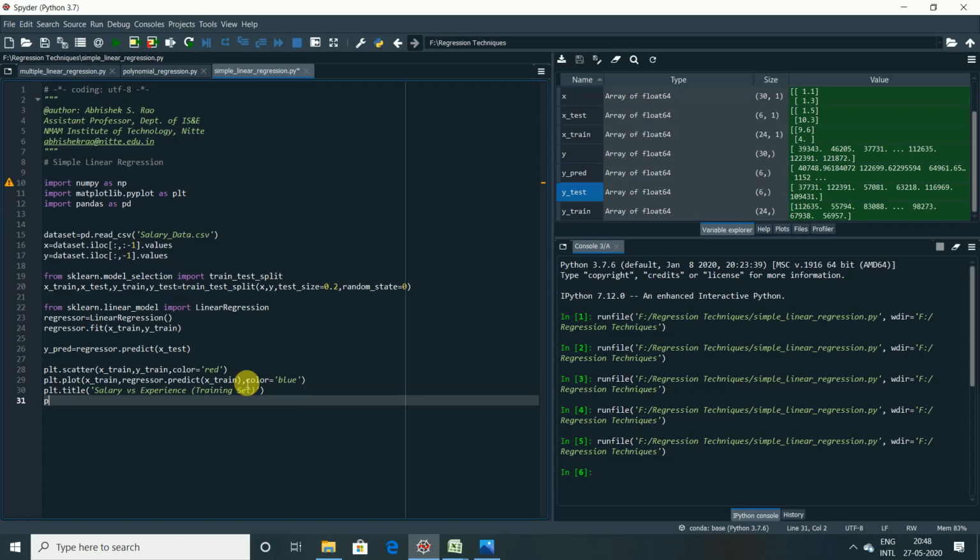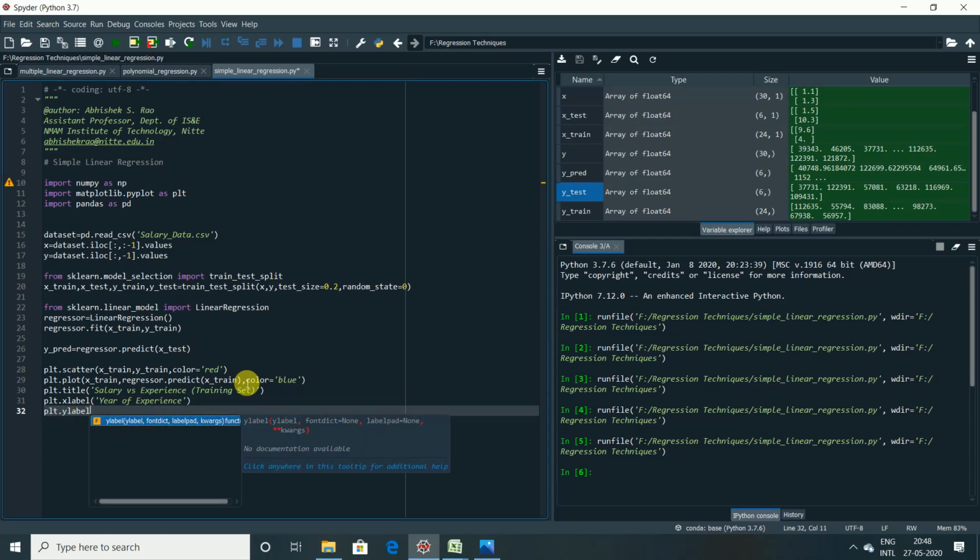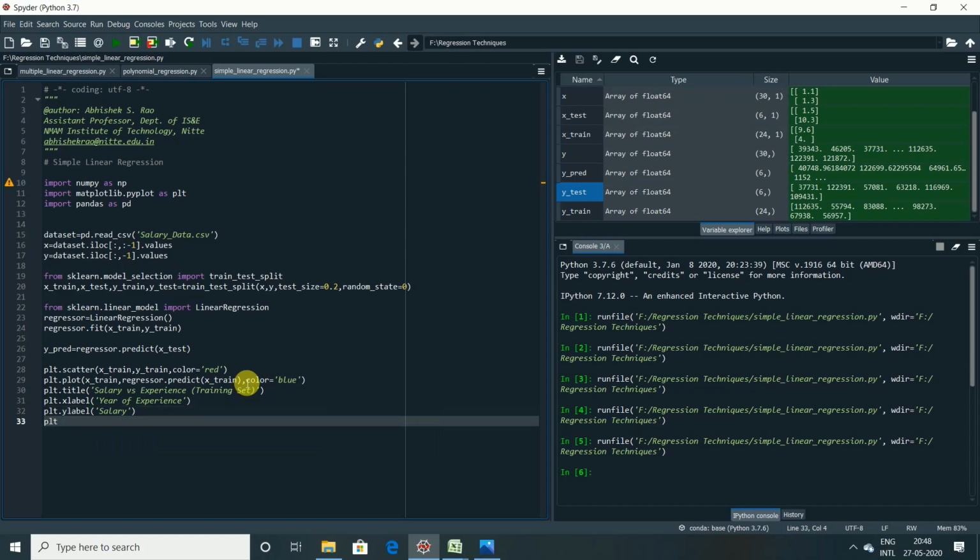We do it using plt.xlabel. What is the label for the x axis? Obviously it is Years of Experience. Similarly we have plt.ylabel, that is Salary. Finally, to display it, we require plt.show. So we are done with the coding part for visualizing the training set.